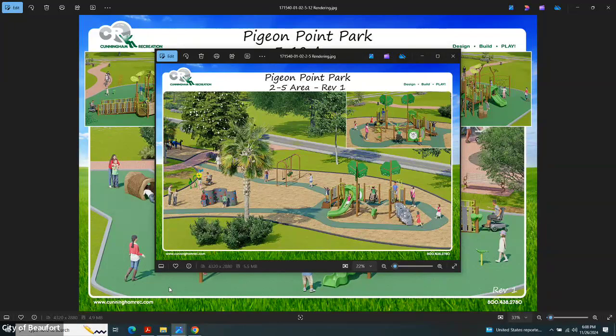So I guess my question would be, help me understand, because with the renderings here and the renderings that you previously had up, I can see those things. I can see the apple tree toppers, I can see the rock climber. But when I'm looking at the breakdown and these itemized expenses, I don't see a lot of those things. I don't see the river rock climber, I don't see the tree toppers, I don't see the frog slide or the therapeutic rings. So what is the difference in the renderings and the itemized expenses? When you look at the quote, it'll say like the 2 to 5 and the unit is all there together. Yes, on the quote, if you look at the 2 to 5,